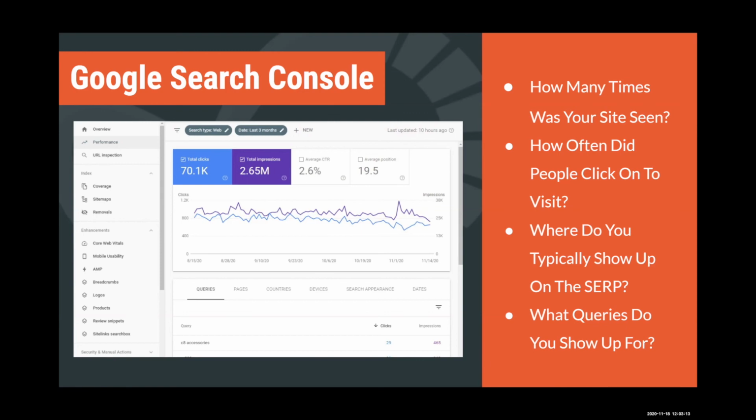And highlighted in blue, you'll see the total clicks. So that's the total number of organic clicks that this website got over the 3 months. The purple box shows the total impressions, and that is the number of times that a user saw that website